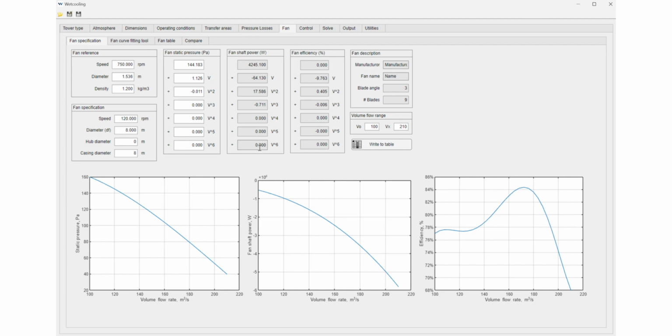And before I save it, I can enter the fan reference conditions. The fan diameter in this case, it's not a scale model, so I can put the actual fan diameter and the density there. These conditions here are for the fan applied in the cooling tower, but this is for the fan curve that I'm going to save. These fan specifications, these are not saved in the